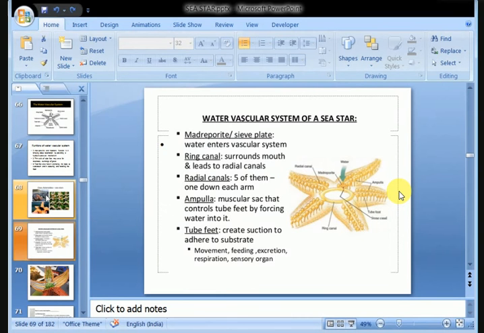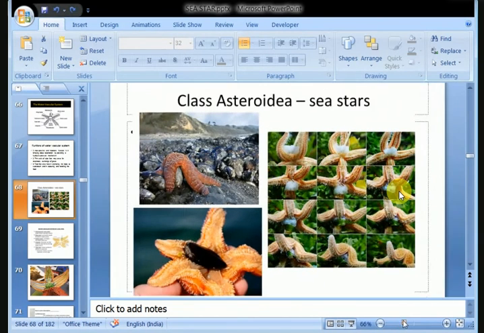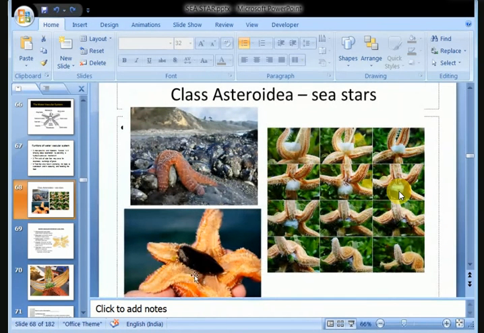Here in this figure, you see that these tube feet are extended. If this is big enough, let me zoom it a little bit here. You see these tube feet are extended and they have anchored on this bivalve, on this shell or this wall of this mollusk bivalve. So you see some are extended, while others are not. By their extension and this vacuum action of their suckers, they are able to anchor themselves to the substratum.